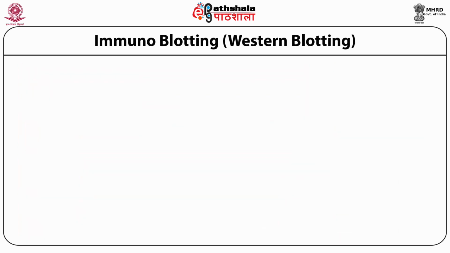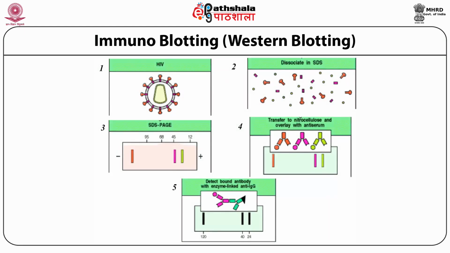Let us look at another technique called immunoblotting, also known as Western blotting. Presence of a protein in a cell lysate or any crude mixture can be detected by Western blotting. The SDS-PAGE of the cell lysate is carried out. Bands of proteins from the gel are transferred to a nitrocellulose membrane, which is a more robust support. A radioisotope labeled antibody specific to the target protein is added and binds to the band,